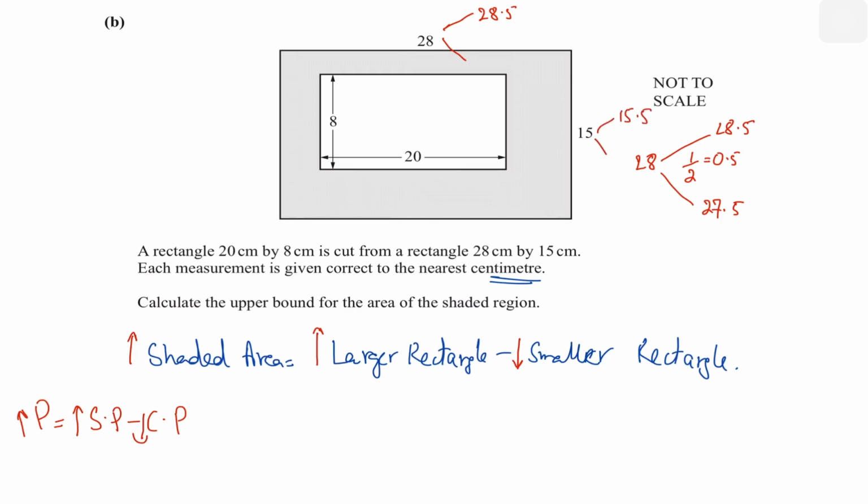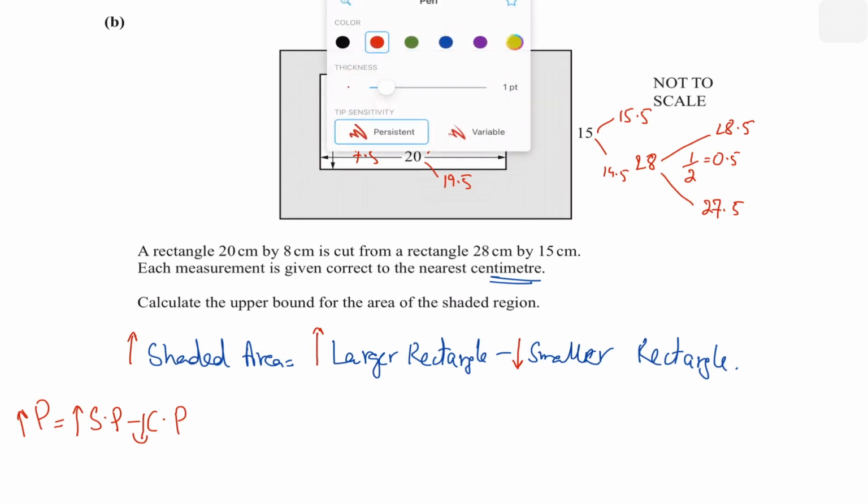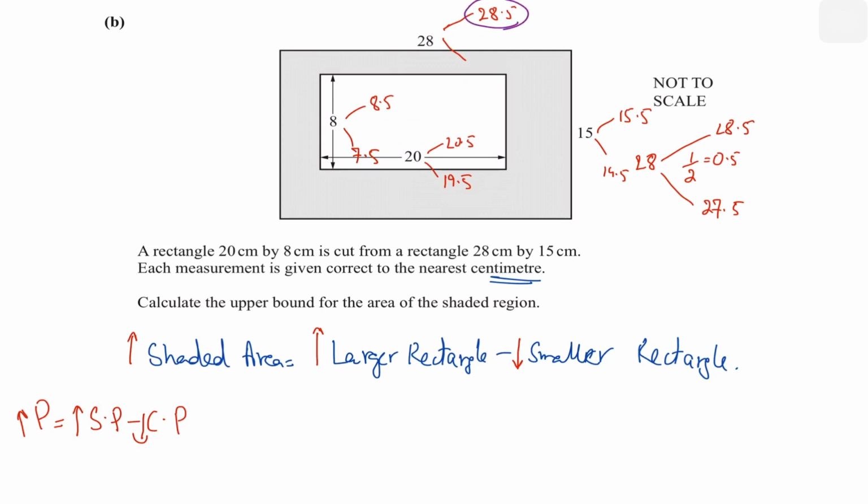So 15.5 will be the upper bound and 14.5 will be the lower bound. 20.5 will be the upper and 19.5 will be the lower. 8.5 upper, 9.5, sorry, 7.5 the lower bound. So if I want the area of the larger rectangle to be as great as possible, that means I'm going to take the upper bound of the length and the width. So I'm going to take 28.5 and multiply it by 15.5. So 28.5 multiplied by 15.5, that's going to give me the upper bound, and from this I will subtract the